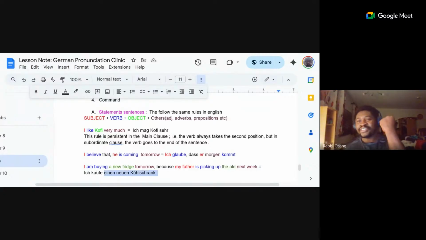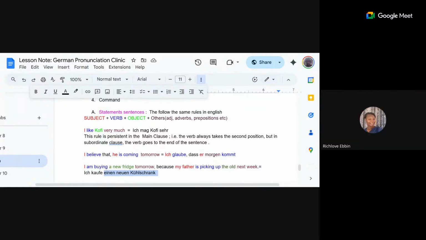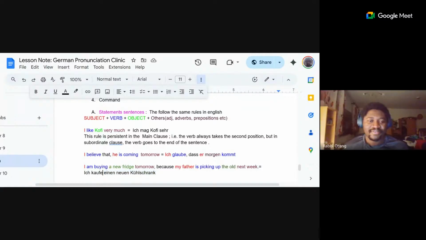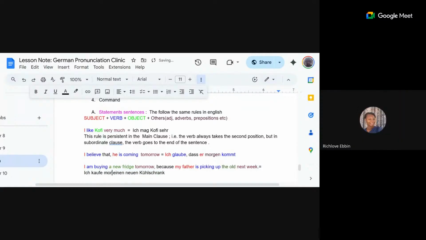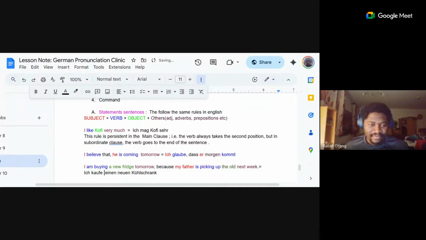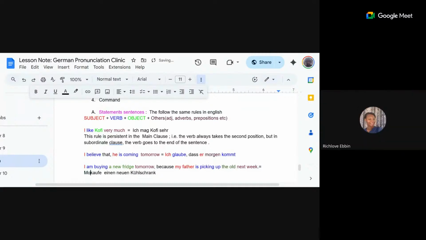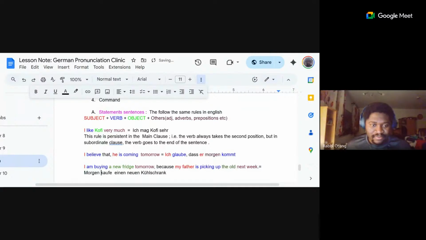Because in German, time is essential. We always want to know the time you are doing something, even before the objects, the activity you are doing. Time is very important to Germans. So I start with Morgen. Klar. Morgen kaufe ich